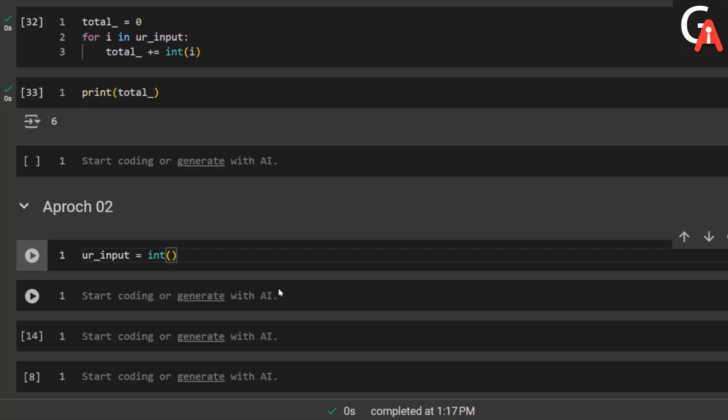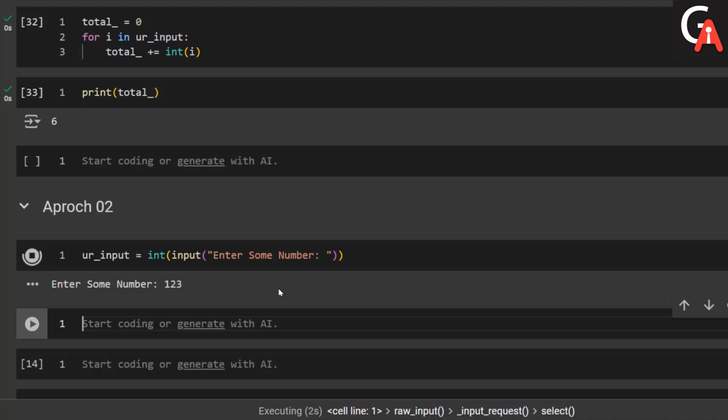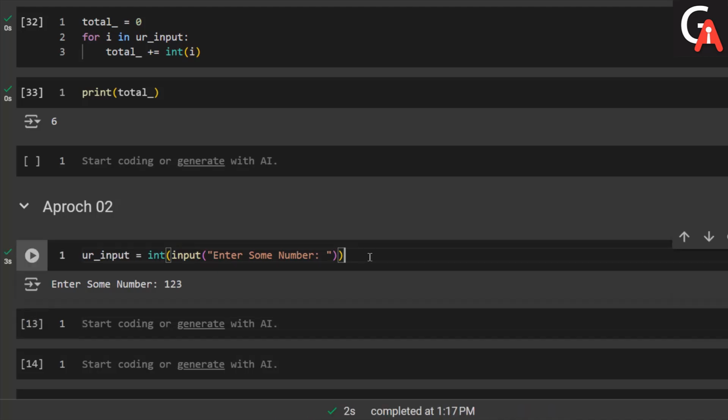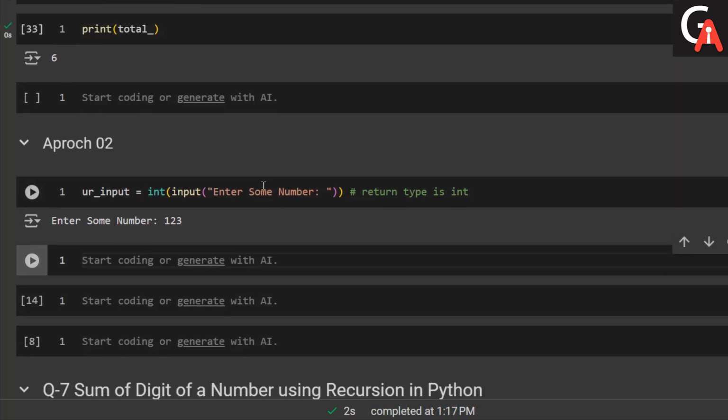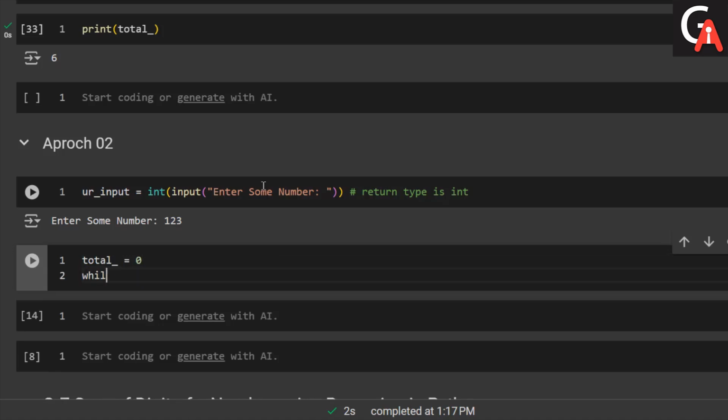Let me take the input from the user in integer format, enter some number, and let me try this number 123 again. Right now this number is of int type, the return type is int. So I am employing another approach here. Let me initialize the total variable to 0, and I'm saying that while the user input